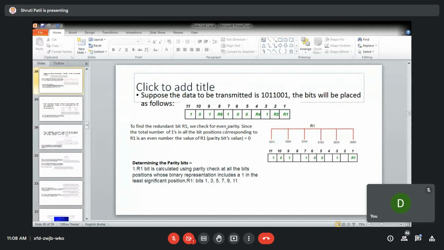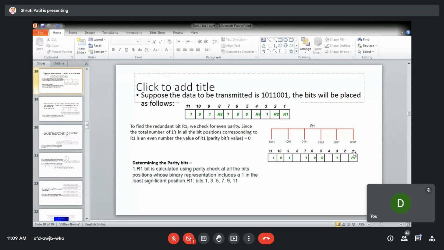Now we are following even parity. So you will be calculating the value of R1 in such a way that it will create an even parity. Now what bits will be checked for calculation of R1? All the bits which have 1 at the LSB. The LSB position is 1.